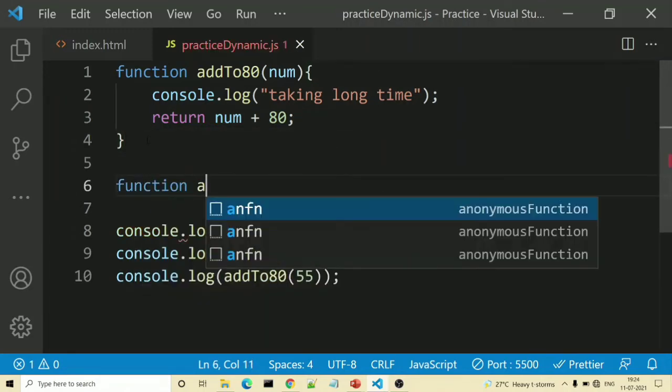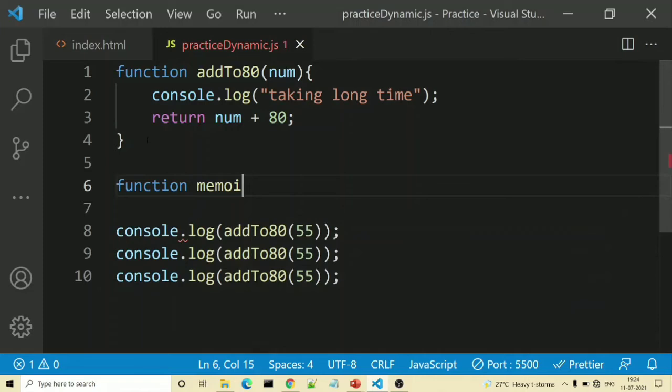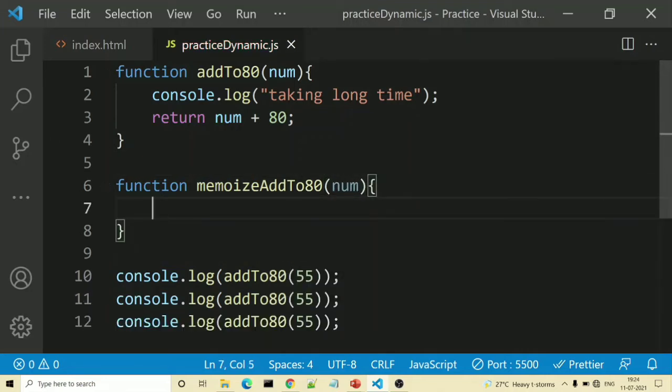So, function memoize add to 80, and there I will pass num. This time I will create a cache variable to store the result.